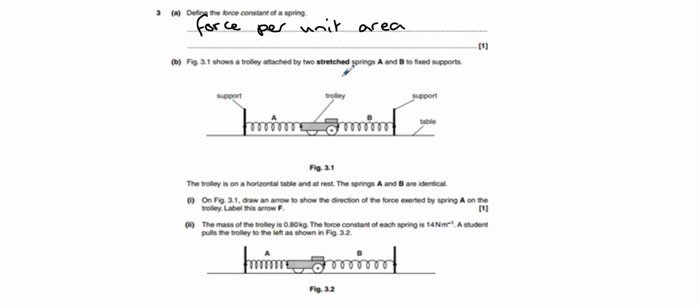there's a trolley attached by 2 stretched springs, A and B, so they're already stretched, which means there's already an extension being applied to them. It then says the trolley is on a horizontal table and at rest. It says the springs are identical. And then it says on figure 3.1, draw an arrow to show the direction of the force exerted by spring A on the trolley. Well, we know that these springs have been stretched, so there will be a restoring